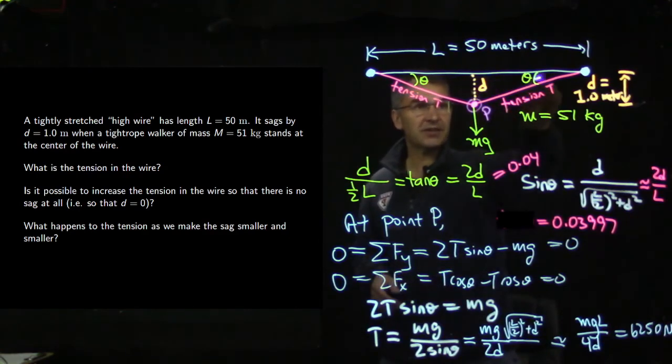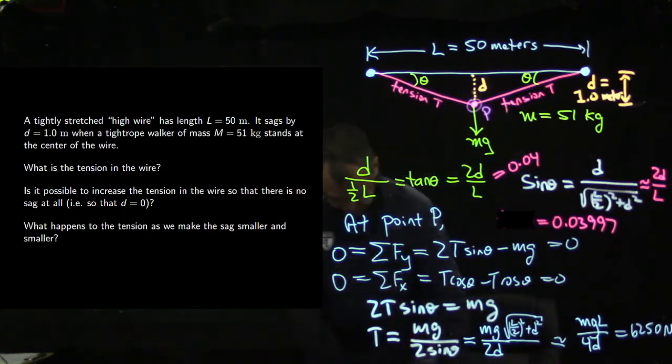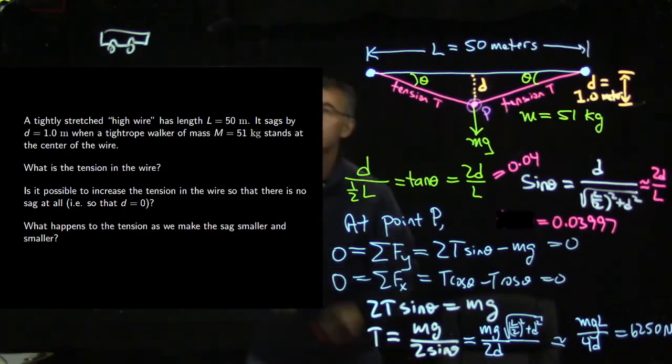And that's because it has the sine of this small angle in the denominator. I am told that this is potentially a useful trick if your car is ever stuck in the snow. If your car is stuck in the snow, the tempting thing to do is to take a rope and pull this way. And I once got some really big, strong friends to do that, and they did get my car